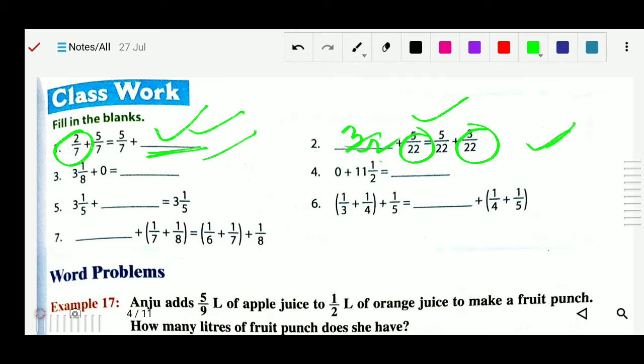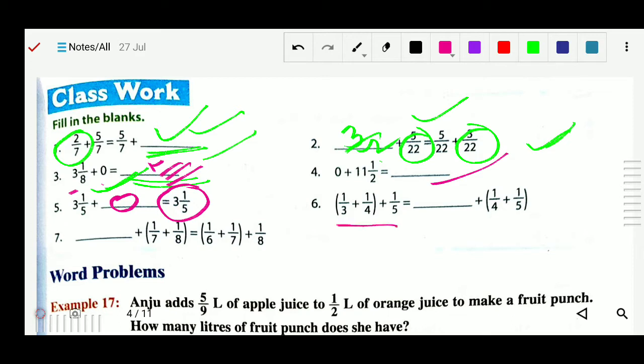Here we are adding 0, so its answer will be the same. So this is your 0 property. So this is your additive property of 0. Okay, same 3 and 1 by 8 will be there. Here also the same. Here also what we will add and we will get 3 by, so here we add 0 only. If you add the 0, then we will get the same answer.